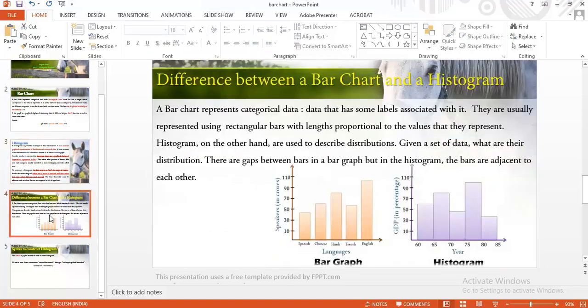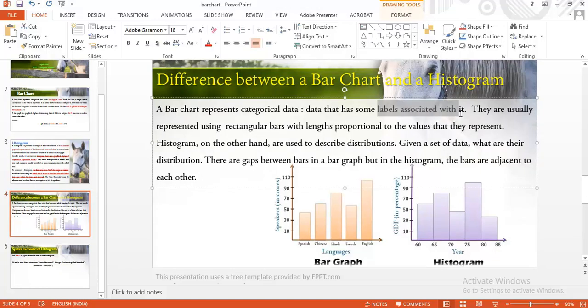Now the next question is, what is the difference between a bar chart and a histogram? A bar chart represents categorical data, meaning data that has some label associated with it. We use rectangular bars, and the length of the bar is proportional to the values they represent.